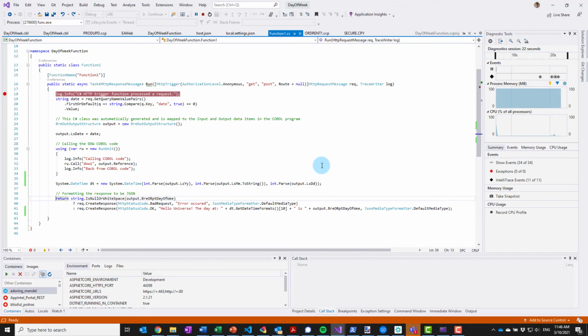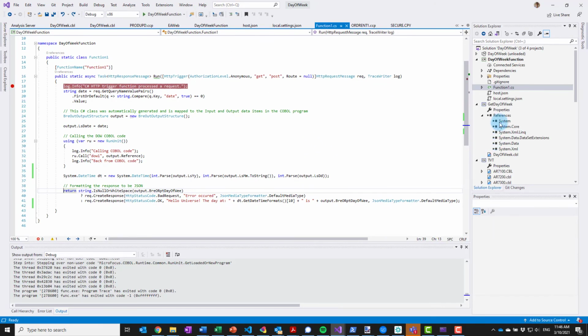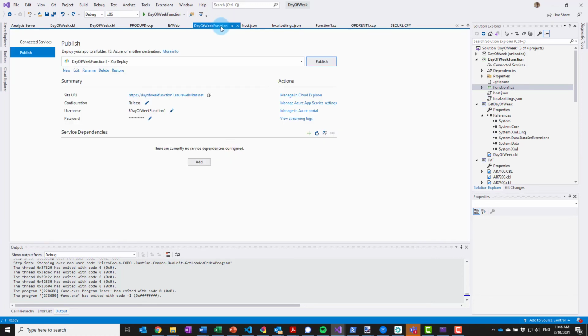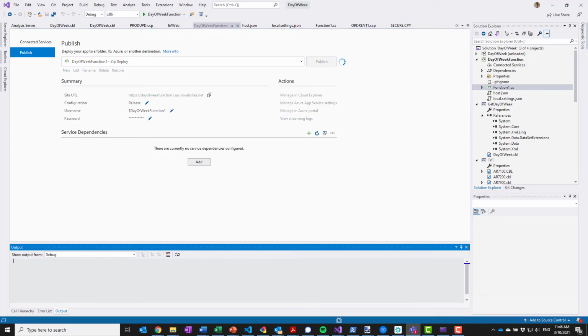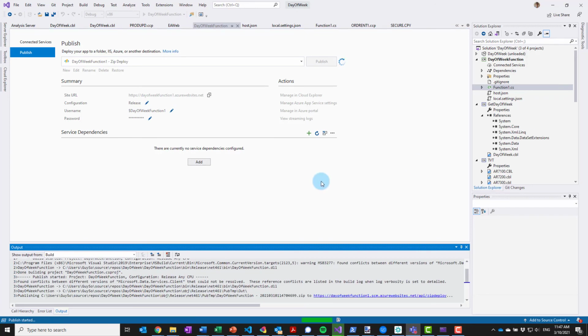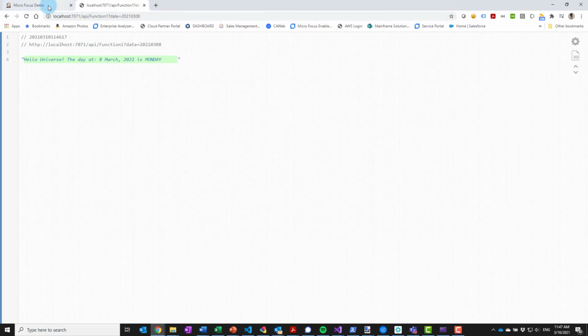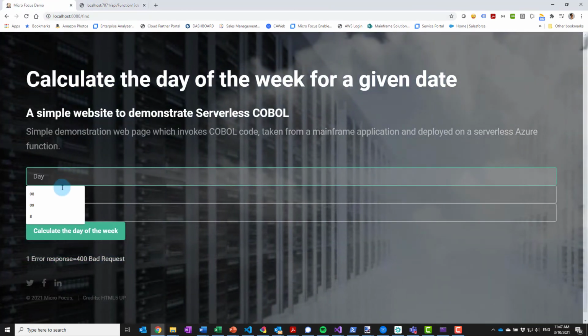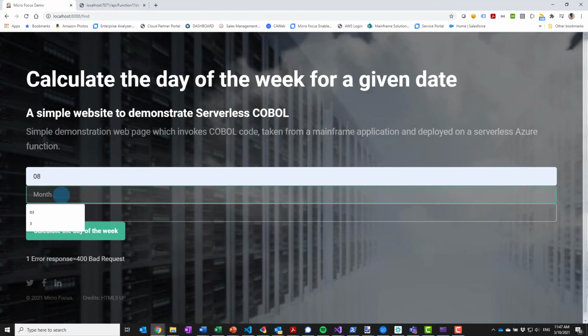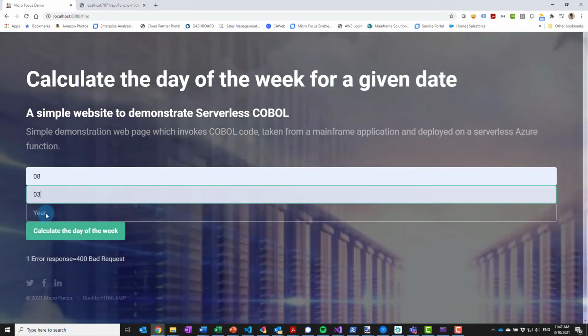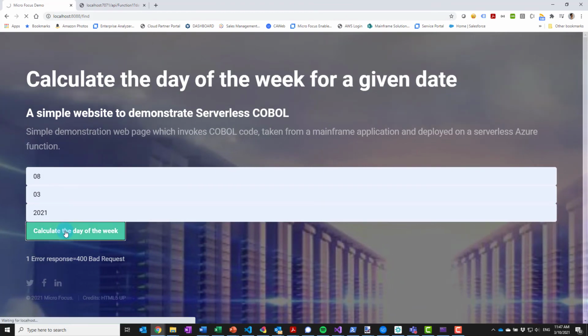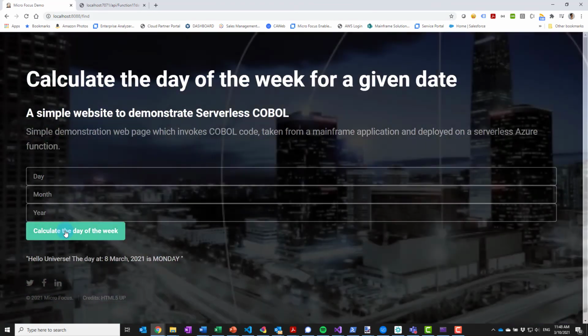Okay, so we tested it locally, and now all we have to do is publish it to Azure, to the cloud, and then we'll be able to see that it works from our website as well. So we're now publishing, it just zips everything up and uploads it to my Azure account. And now that it's done, we can go to our website, enter the date, for example, calling Azure now.